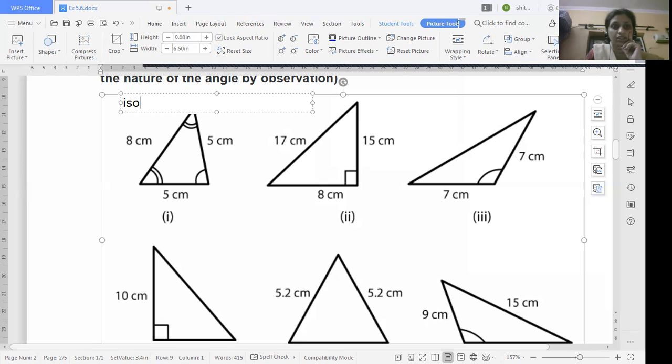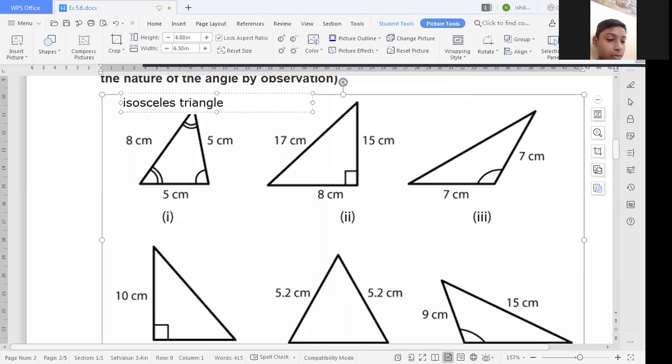Is it more than 90 degree or less than 90 degree? All the angles are less than 90 degree or more than 90 degree? Just seeing by this diagram. Yes, Aditya, you are right. Madhav, you are correct. Shubhatre, no, wrong. It is an isosceles triangle and it is an acute angle triangle. Okay? It is an acute angle triangle.